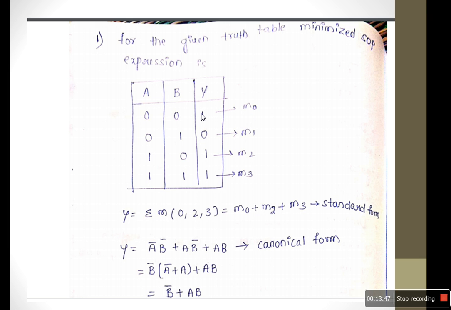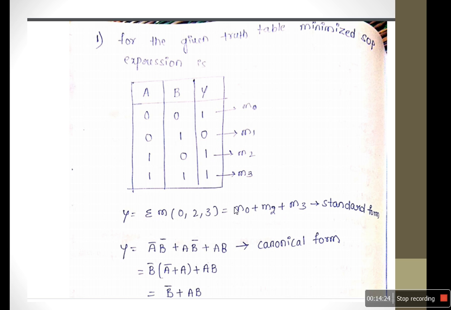So whenever the two inputs are 0, the output is 1. Whenever A is 1, B is 0, the output is 1. And when A is 1, B is 1, the output is 1. So this 0 0 is the M0. I am representing 0 0 with the M0, 0 1 with the M1, 1 0 with the M2 small m, and 1 1 with the M3. So here the output expression is: only you have to take wherever the output is 1, that is M0, M2 plus M3. So I am writing M0, M2 plus M3.